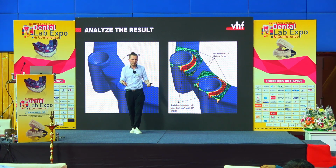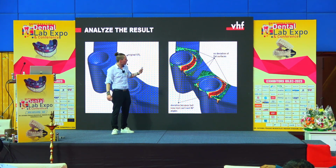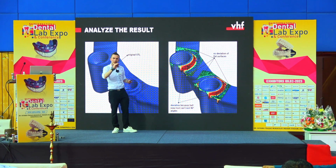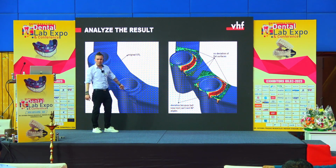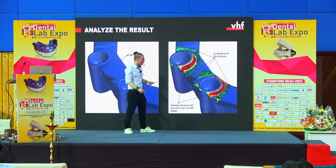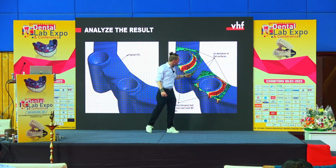This is completely logical because we don't have 90-degree tools. And so what the software is doing, it flattens out the surface. And this is why it's so important to have milling-friendly design, because these 90-degree angles here can't be processed by the machine. But the important part is, here, all the flat surfaces, the big ones that are made by